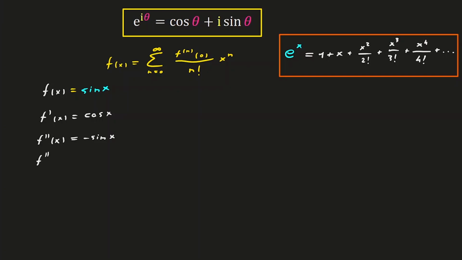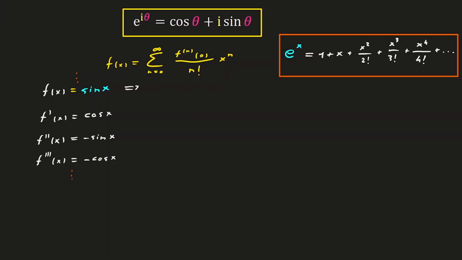Then the third derivative of f(x) equals the derivative of minus sine of x, that is minus cosine of x. And if we differentiate cosine of x, guess what? We get back to sine of x. So basically we continue to differentiate, and this pattern repeats itself. So we always have sine of x, cosine of x, minus sine of x, minus cosine of x, sine of x, cosine of x, and so on. This is a very interesting and useful pattern,